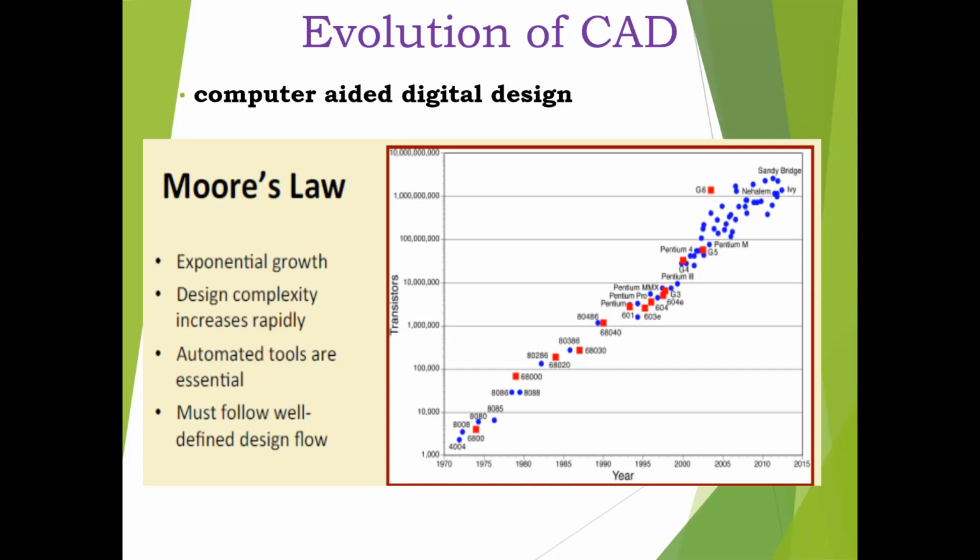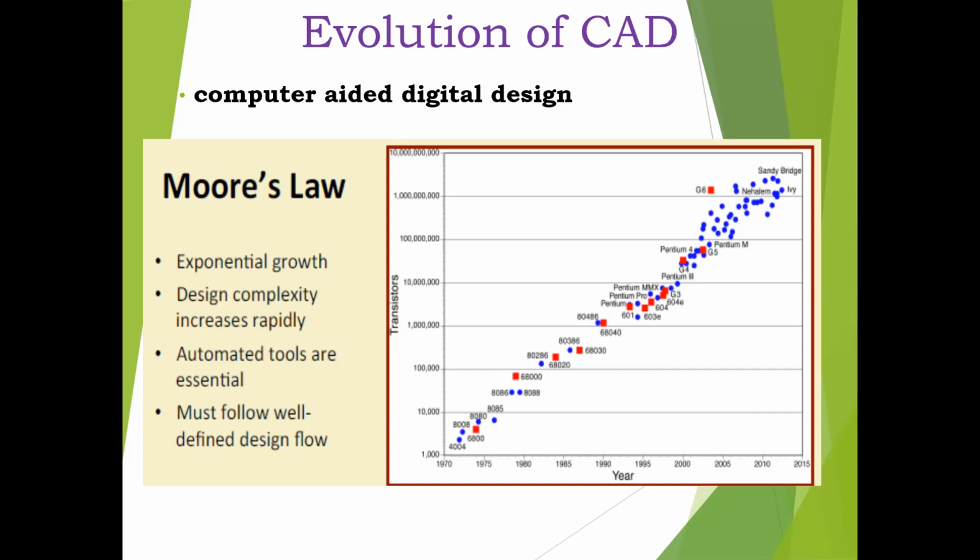Then the 8086 came, an advanced 16-bit microprocessor. Like that the revolution happened, year by year: 286, 386, 486 came. Then the Pentium series came, and today we are using Itanium processors. It is now 2015, so the graph is older; you can put the graph up to date now. If you see this graph trend, it is showing exponential growth.